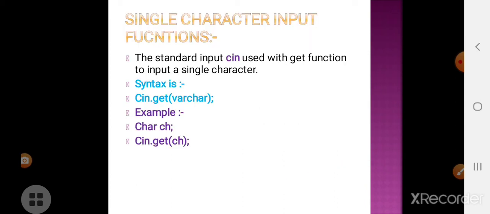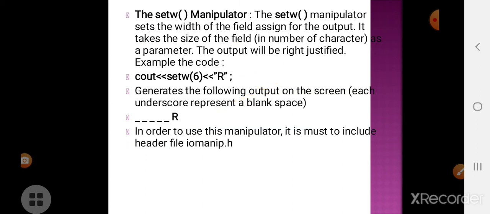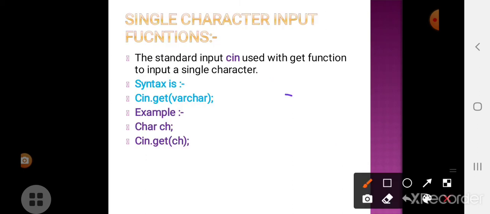Okay, so next is single character input functions. In any program, if you want to include single characters, at that point of time we have to use the get character function. Usually cin is used for inputting statements, but if we want to use single characters, we have to use the get function.